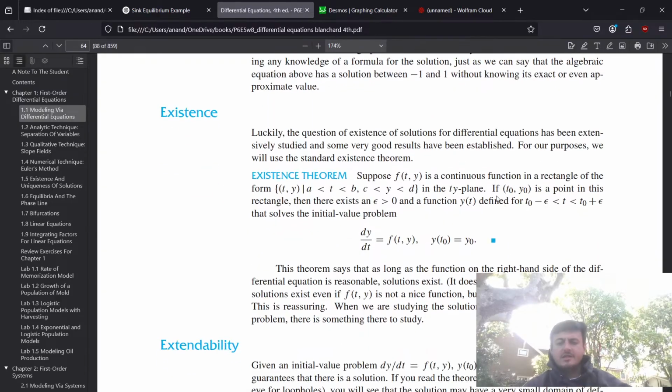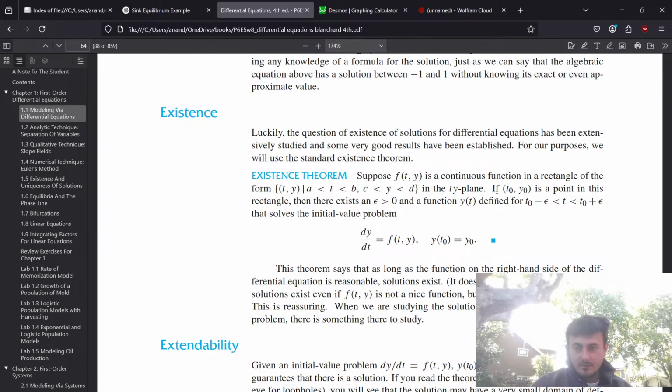Okay, what is the point of the extendability? All right, so let's just write this down. Existence theorem. F of t, y continuous in the set of (t, y) such that a is less than t is less than b and c is less than y is less than d. Okay, if it's continuous in that rectangle and